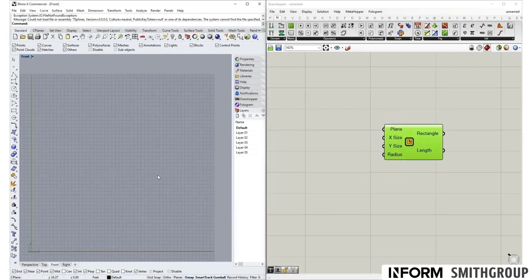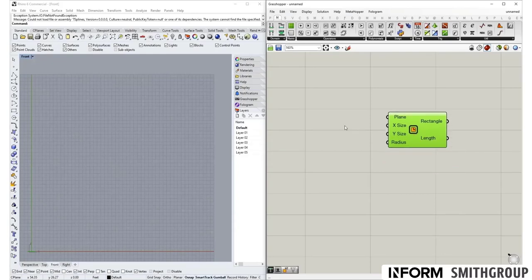I know some of you might like to draw out the rectangle in Rhino, but I like to use a Grasshopper geometry to keep things a bit more parametric. The plane we'll be drawing this in is the XZ plane, given that we're looking at it from the front. And to set the dimension of this rectangle, which will be our facade boundary,